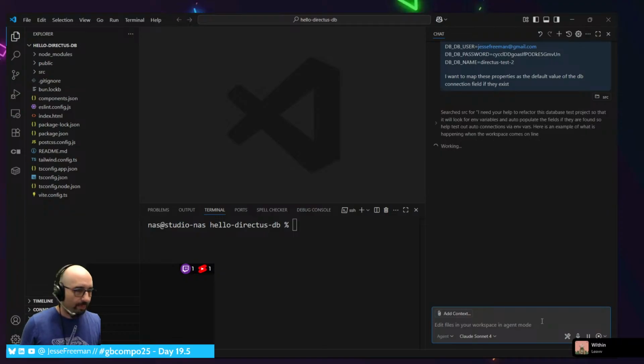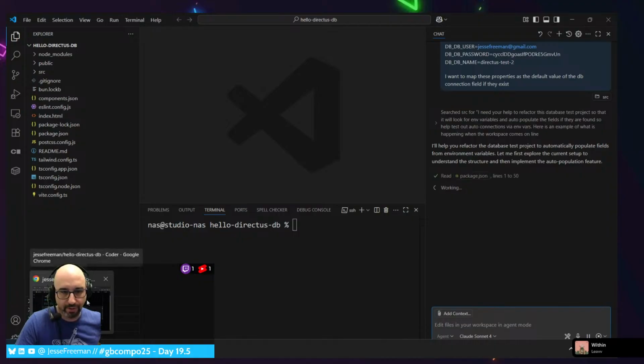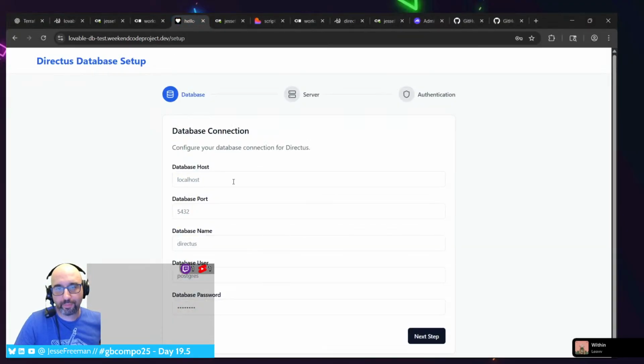All right, so the goal now, and I'll sort of talk through what this project is. I created this little project as a way of testing a database connection from Lovable, because Lovable sort of forces you into Supabase, which is great, but Supabase starts costing a lot of money, even if you're doing nothing on it.